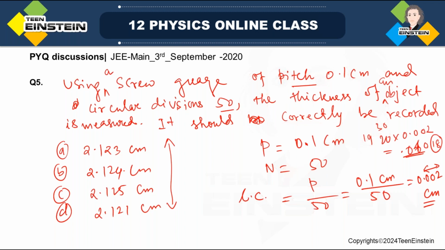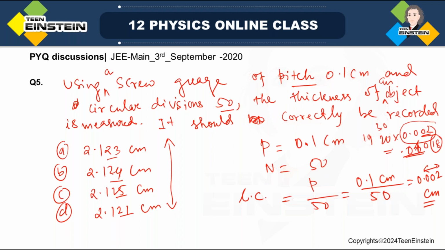At least, see from here which one has the last decimal as an even number. You'll get the last decimal as an even number, that is for sure. Because your least count is 0.2, and the last two decimal places come from the screw gauge. The screw gauge gives you the circular reading. The main reading you will get anyway, as 2 point something, 3 point something, 1 point something, but the last two decimals are obtained from the circular reading, and you have to multiply the least count with